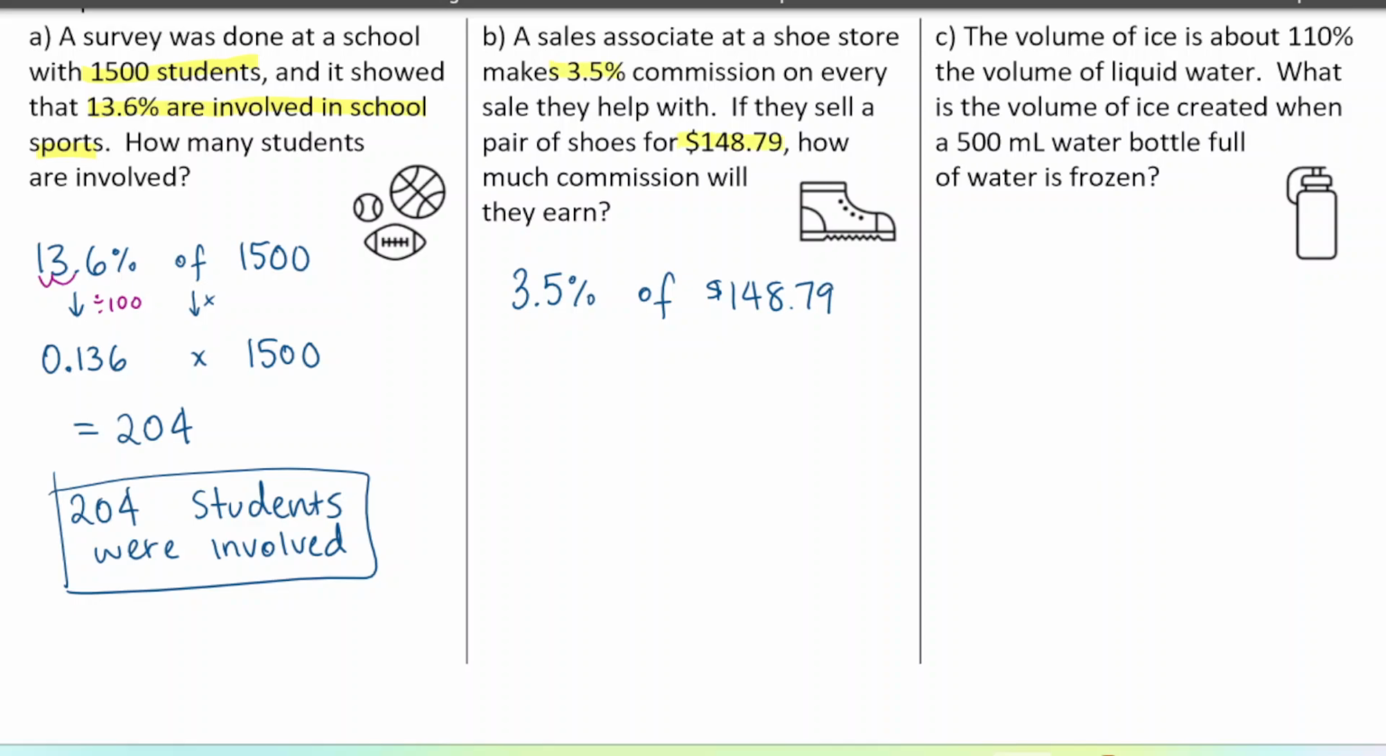Okay. And so we're going to change this to a decimal number. So it's going to be 0.035. Move that decimal place over 2 positions. Of means multiply. And then we're going to put the price. Type that into a calculator. And we round to 2 decimal places. And it's $5.21. So the associate